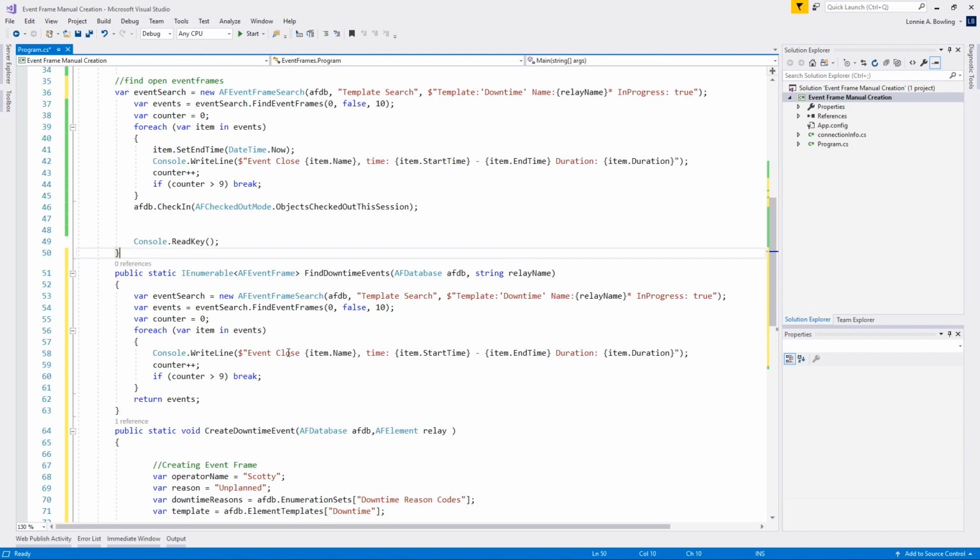And that should take care of our search. We're not closing it anymore. That looks good. And we'll say this is finding our open downtime events, because we're looking for our progress if true. And in fact, if we want to make this a little bit more versatile, we could just find events, and